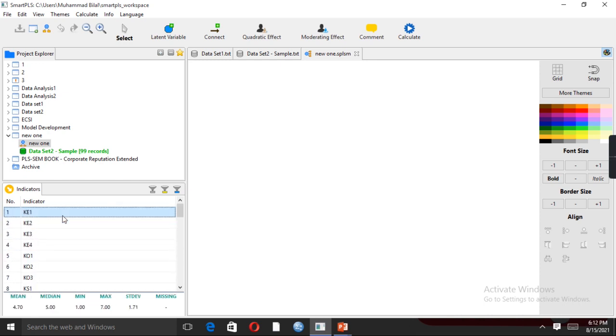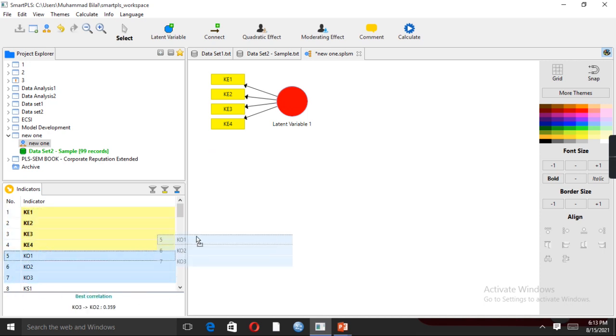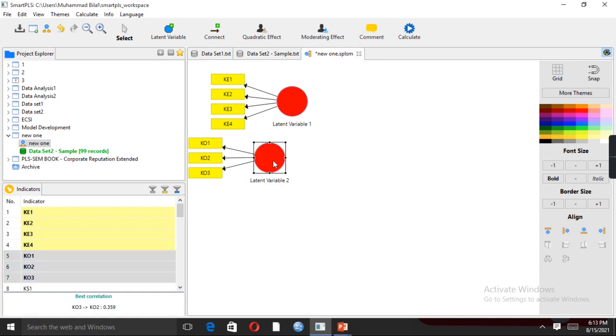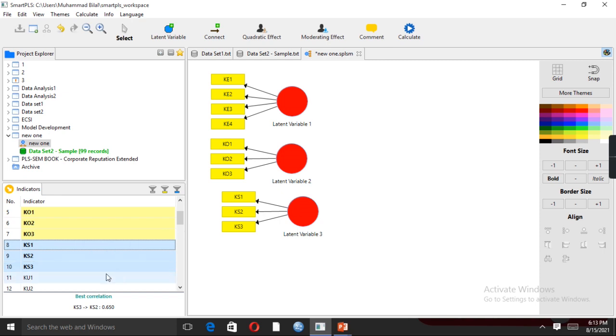At first, we are going to draw all our independent variables. So here we are. The first variable is knowledge exploration. Knowledge exploration has 4 items, as we decided earlier. Knowledge organization has 3 items. Knowledge storage is our third independent variable, with 3 items.